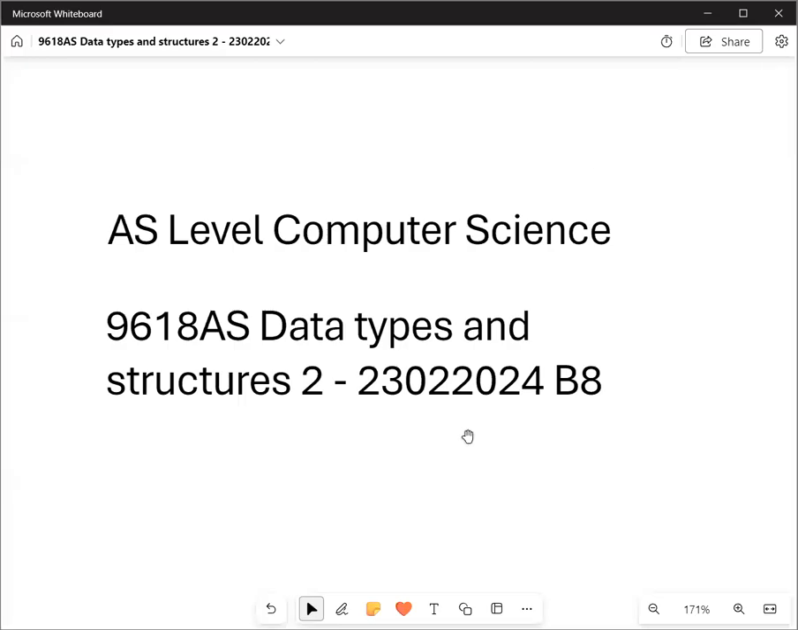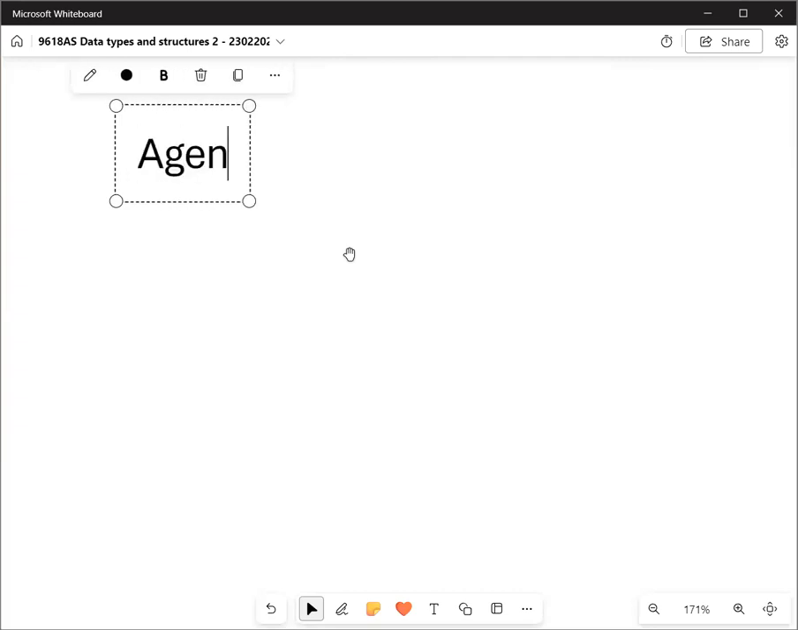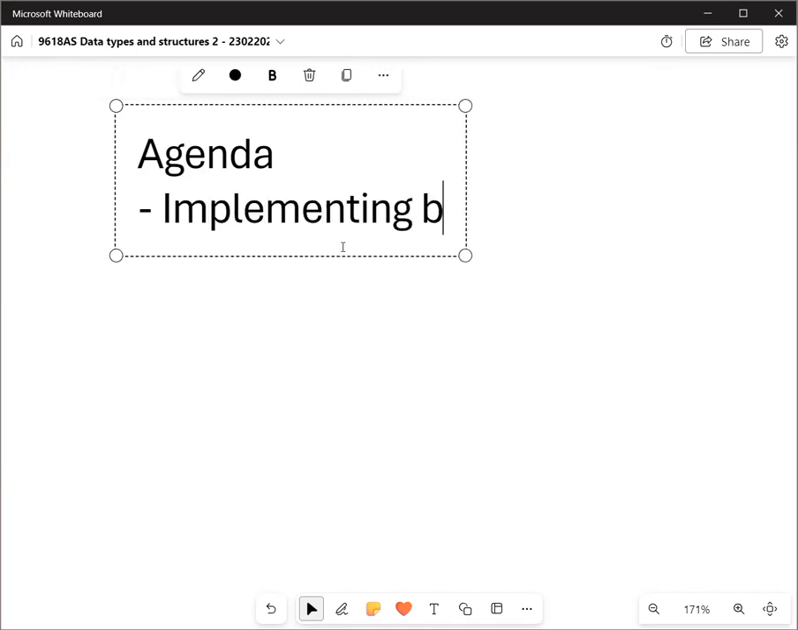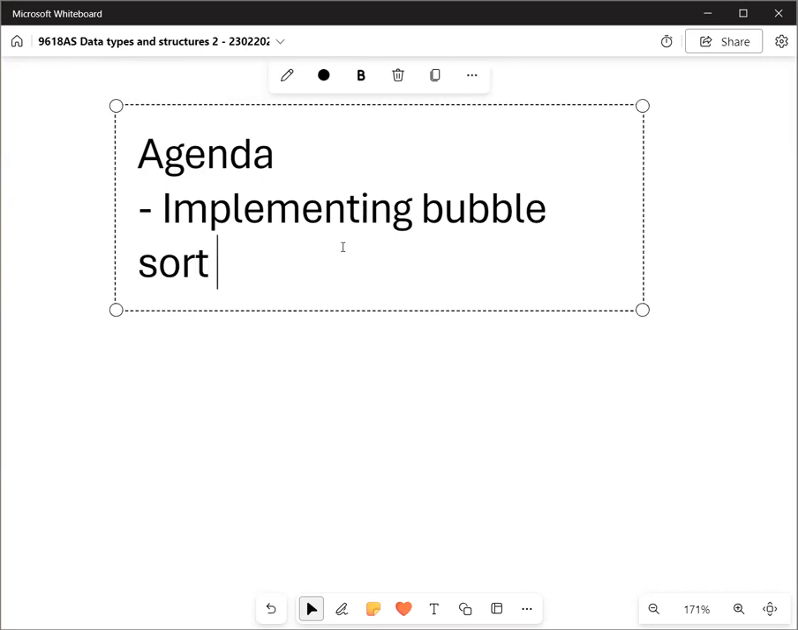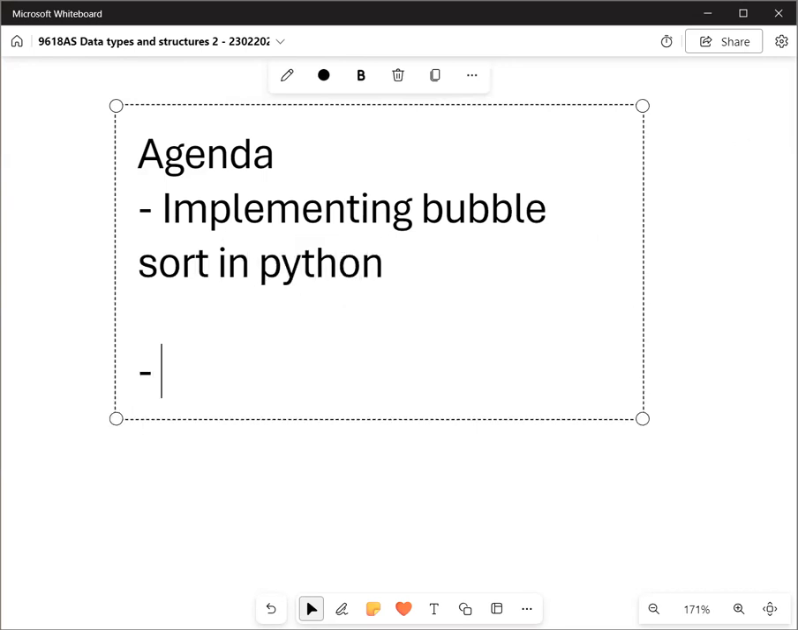We're studying AS level computer science and we're starting data types and structures too. In this class, we'll be looking at the agenda, which is implementing bubble sort in Python. Now, the main goal is also to look at another data structure, which is going to be, I'll